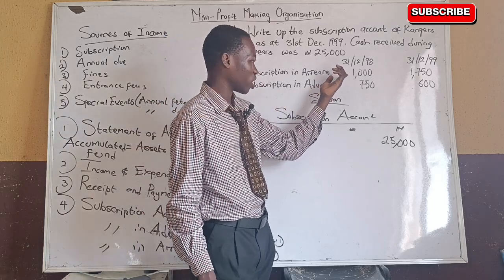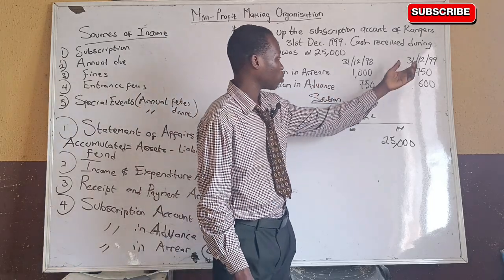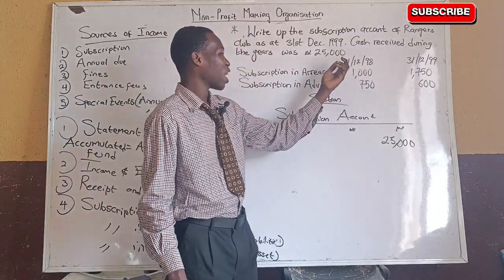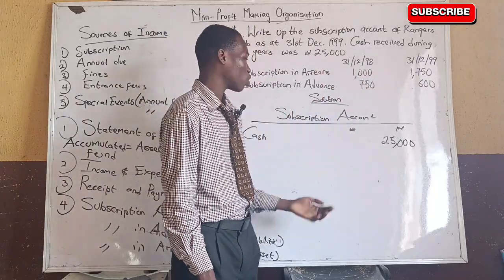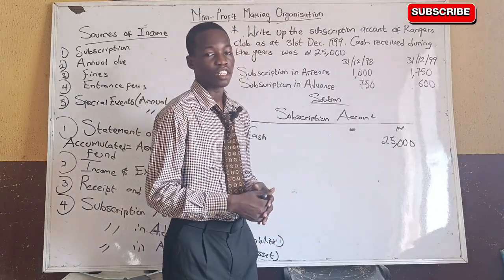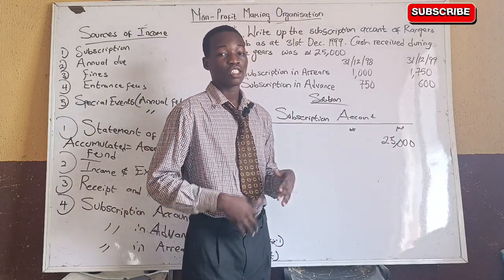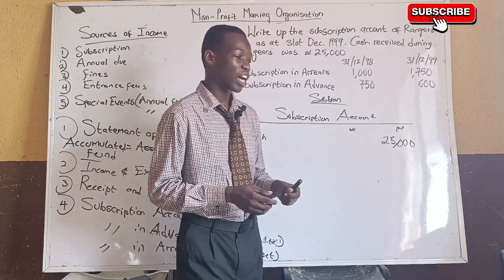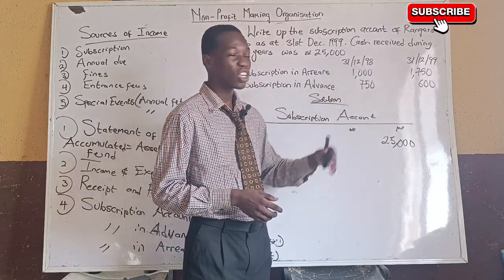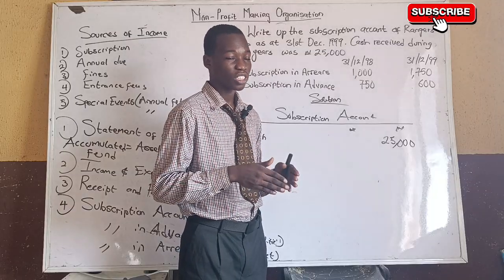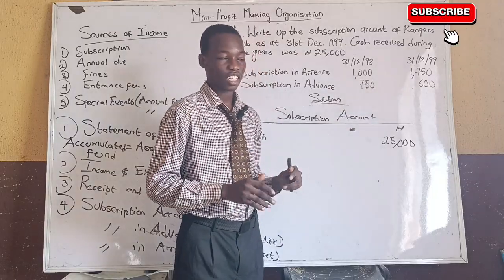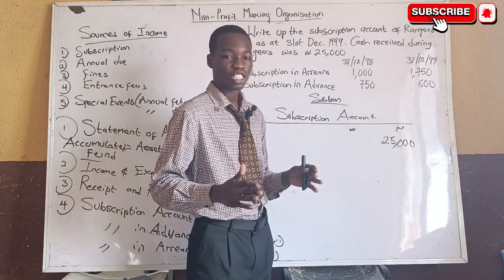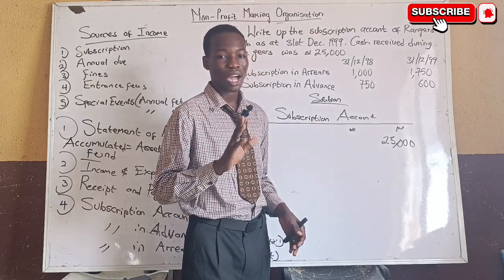Let's start with subscription owing at the beginning of the year. Don't forget the account you are preparing is for this year, right? So you are owing subscription 1,000 at December 1998, but the account you are preparing is for 1999. Don't forget you are owing, right? The amount is not for this year, the year that we are preparing for, it is for last year, which simply means that the subscription owing at the beginning of the year is not for this current year that we are preparing for, which is 1999. It simply means that we will need to subtract it since it's not for this year. Anything that is not for this year, subtract it. Anything that is for this year, you add it to it.